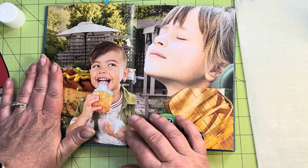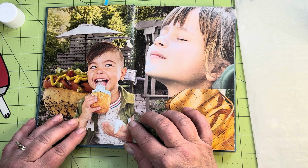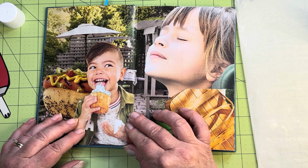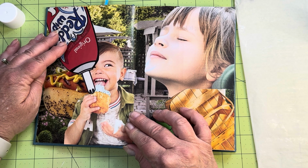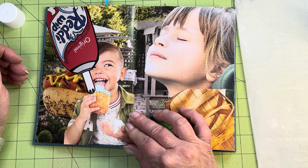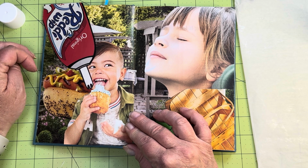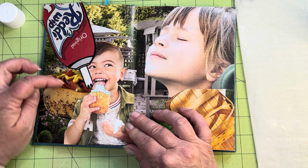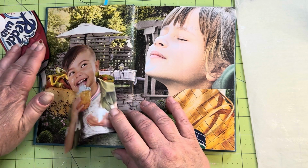Okay, so now that the hot dog doesn't move, it will be easier to place this guy. The more pieces you have glued down, the easier it is. Yeah, see, it covers up his face if I have it where I want it. That's not too bad. Okay, that actually might work. I don't want it squirting in the hot dog. That just sounds gross. Okay, I'm putting the little boy down